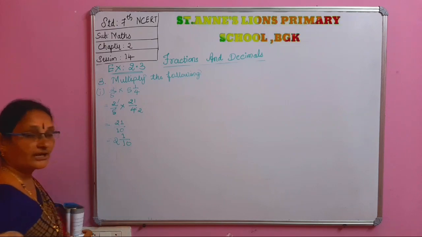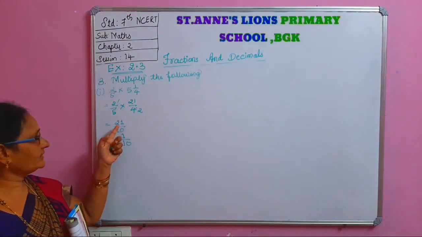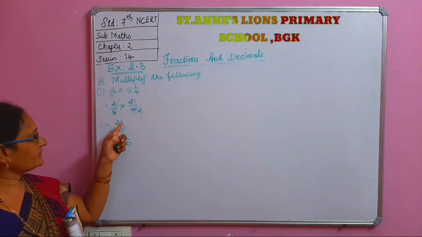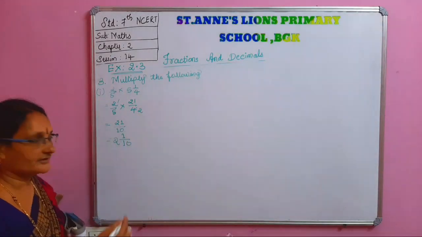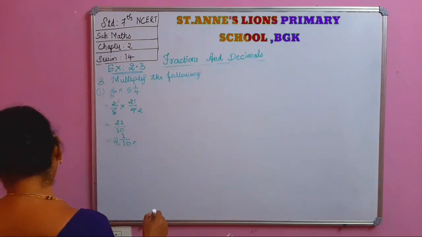Please all of you learn this method. Very easy to write this one. See, 10 twos are 20. Here 2 you have to write. 10 twos are 20. Here 21 minus 20 is 1. So here in the numerator 1. This will be the answer. Very very important and easy also to write for you.